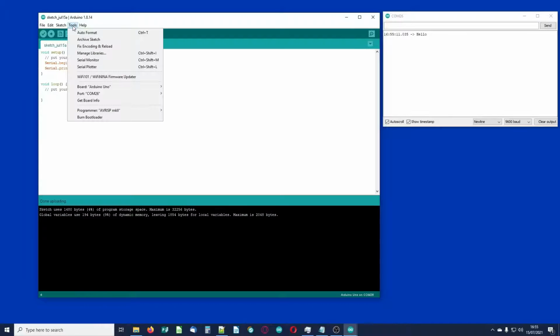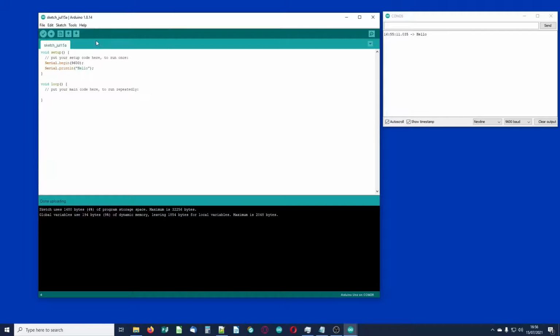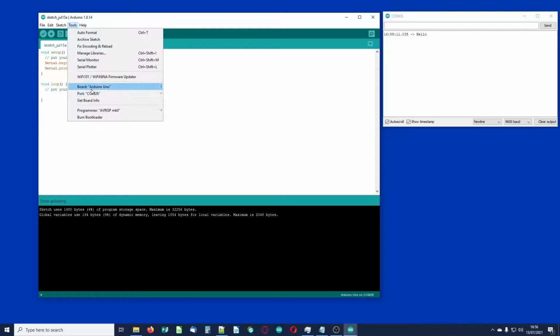Now, other tools, there is the board manager and selector. So at the moment I've got an Arduino Uno attached and it's on COM port 26. Now, something just for you to know, I don't know why it's on COM port 26. Yours may be on COM port 3, COM port 8, who knows. Your computer just seems to allocate these numbers at random, but whatever number it is, that's the number it is. So just going back to the board selector,